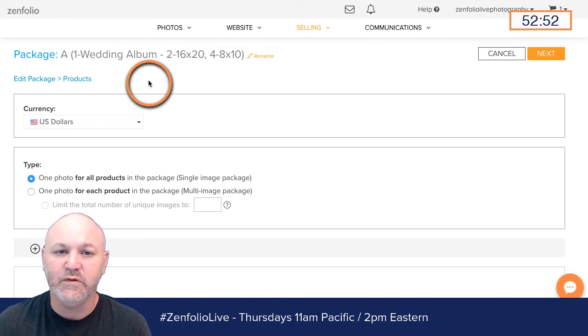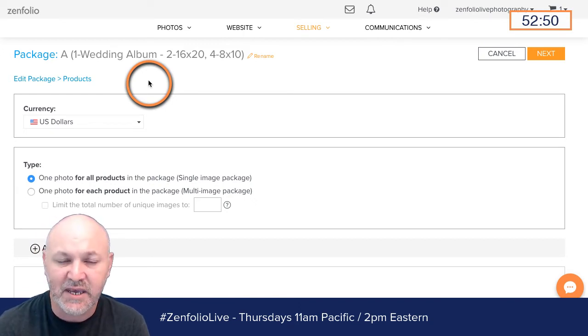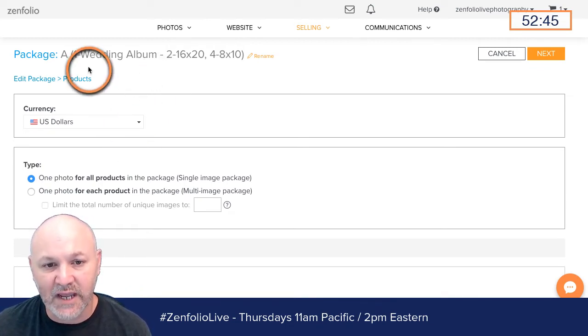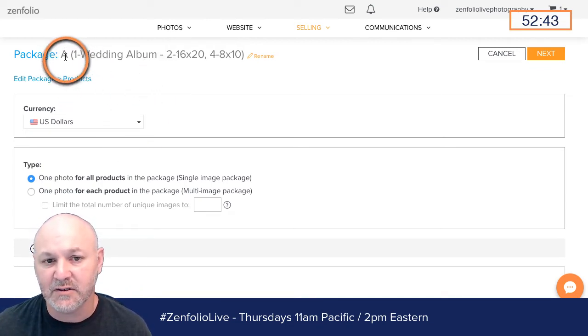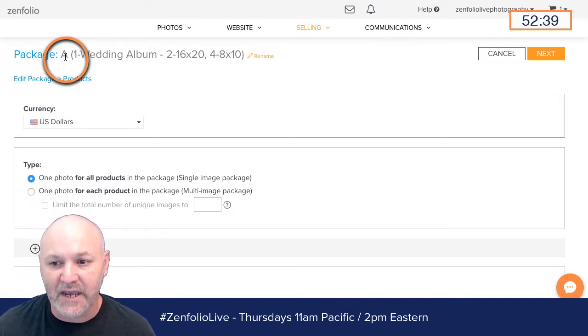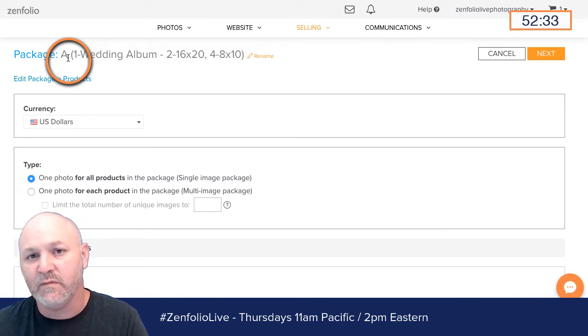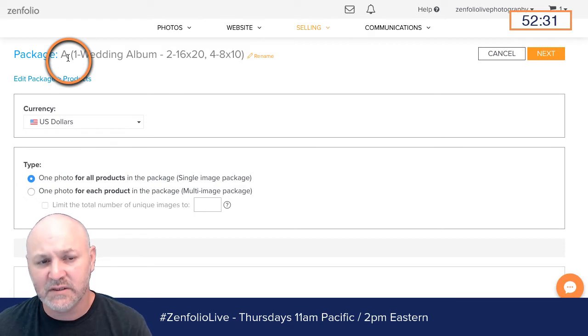So if you just title your package as package A, as a client, that doesn't tell me much about the package. That's why I titled this package the way I did, so that when the client sees it, they have an idea of what they're getting. Now, I might go back and change that to be the specific size of the wedding album, maybe put the page number information in there. But for now, this is fine.